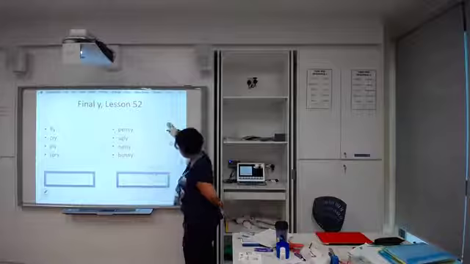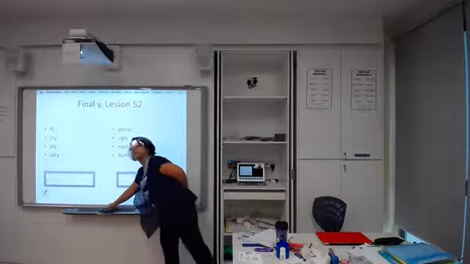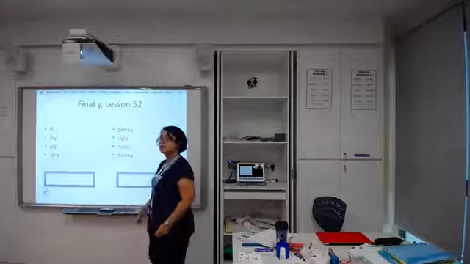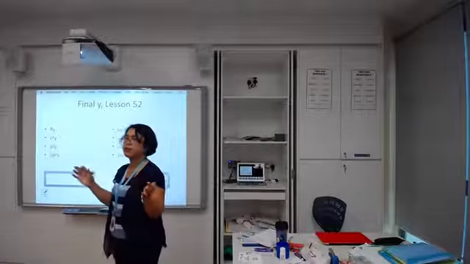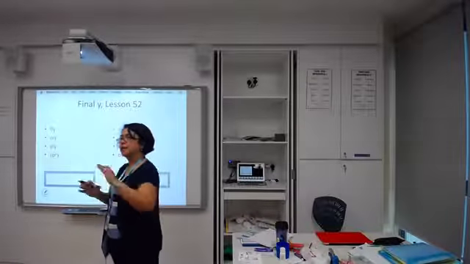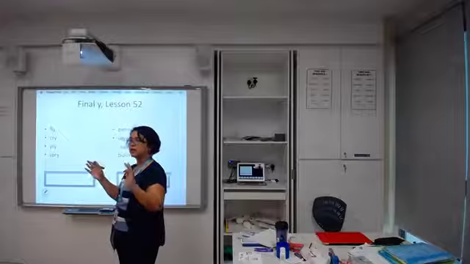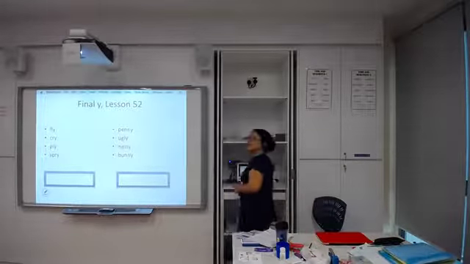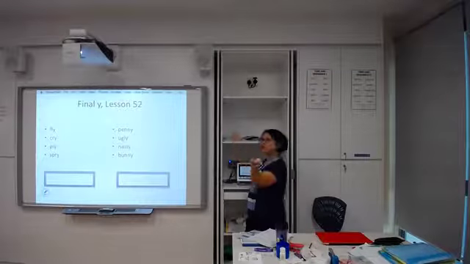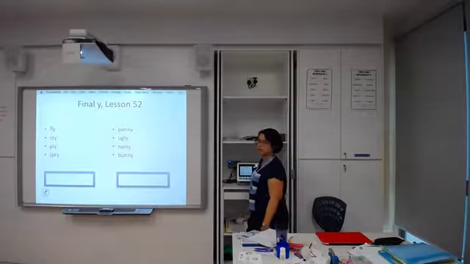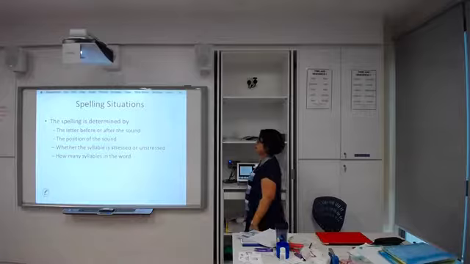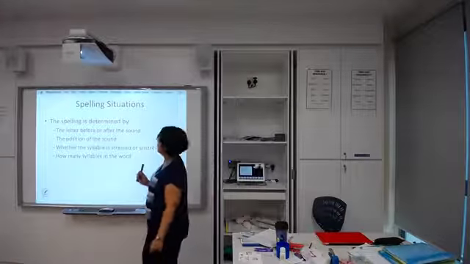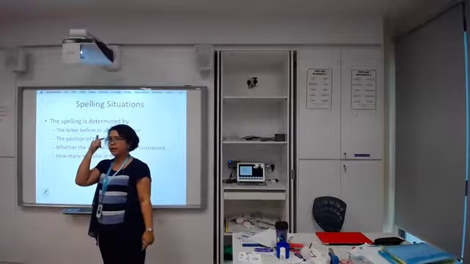And I think you would also have to pre-review syllable division, how to divide a two-syllable word, and find out which one is the stressed part of it. That is lesson 22 or 23, and this is already 52, which is much later. Okay, so for reading situations, it was always what you